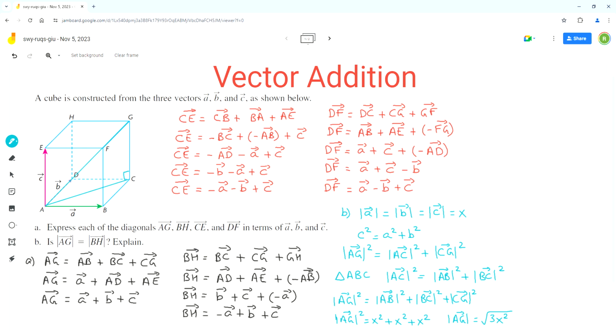Now we can repeat this analysis for the magnitude of vector BH. So for the magnitude of vector BH, we'll analyze triangle BHD. So this is a right angle triangle and BH is the hypotenuse in this right angle triangle. So as per the Pythagorean theorem equation,